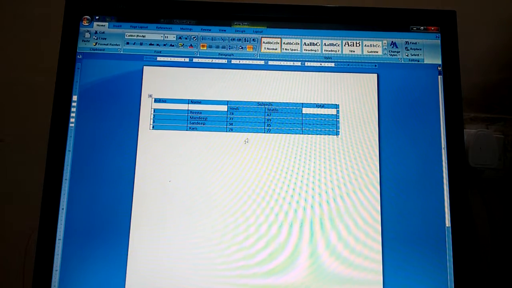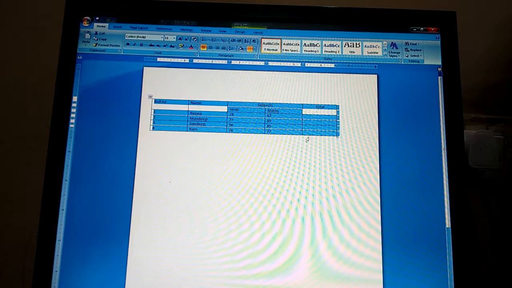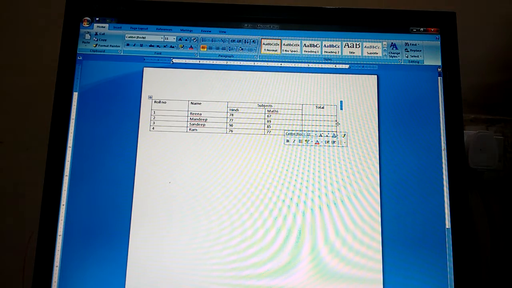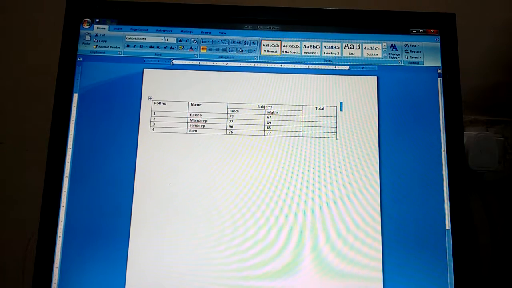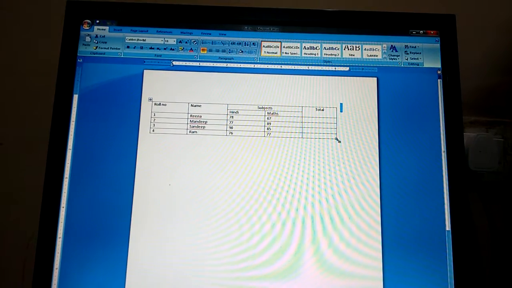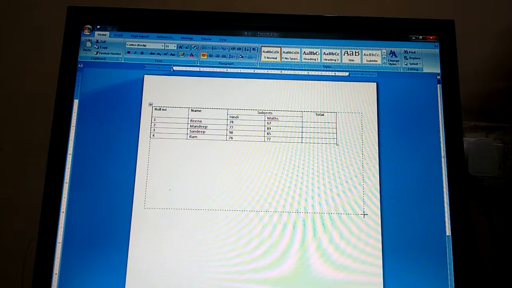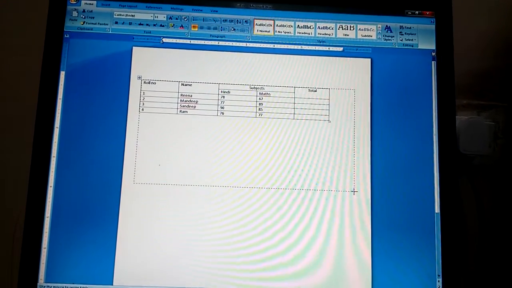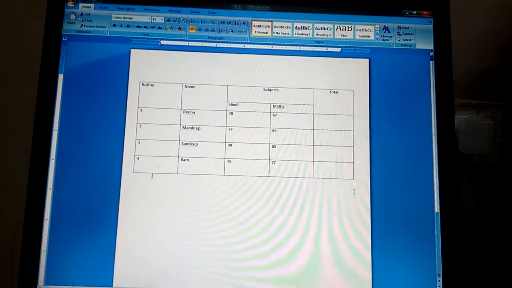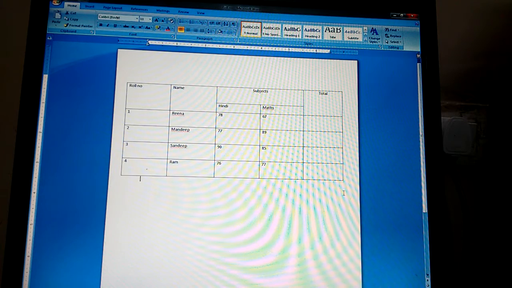And if you want to resize the table, meaning increase or decrease the size of the table, whenever we click on the table, you can see an option at the bottom left corner, one arrow key. When we move our mouse there, we can drag it. You can see a dotted line showing how much size we want. We will select that much size and release it. Our table size will be changed.